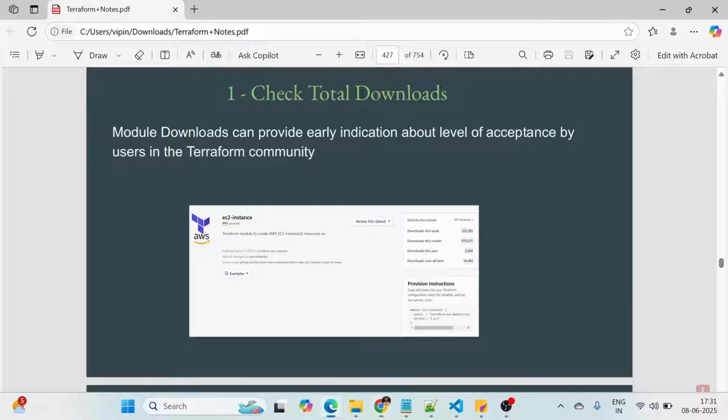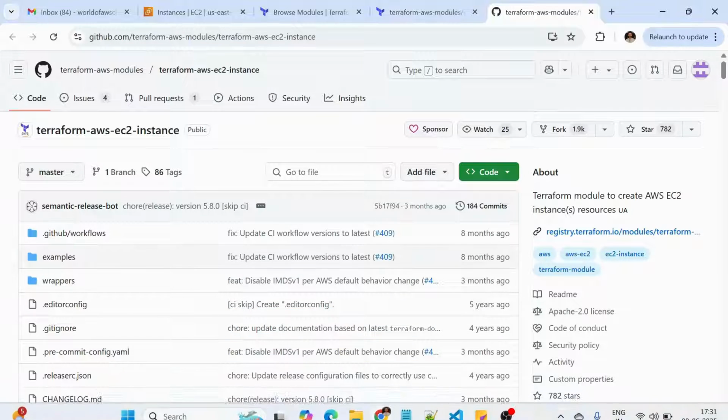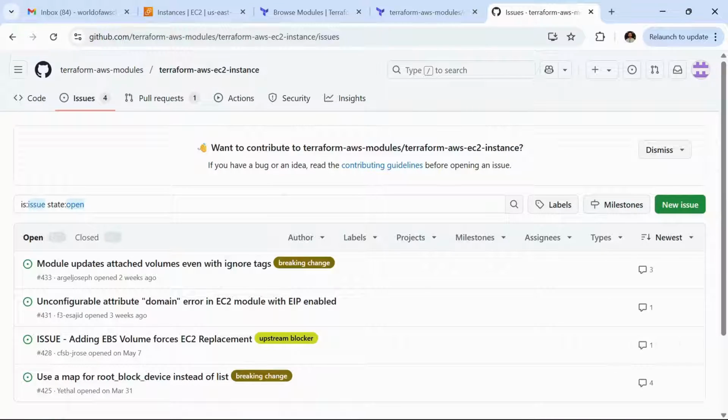To create the infrastructure, the second point is to check the GitHub page of the module. The GitHub page can provide important information related to contributors, reported issues and other data. Let's go to the GitHub page and click on issues.